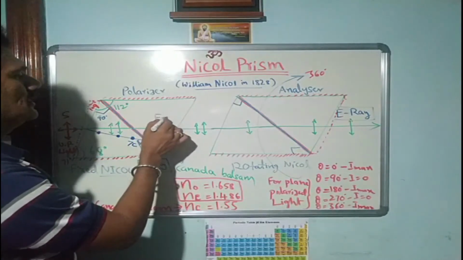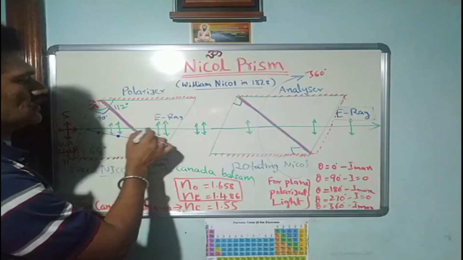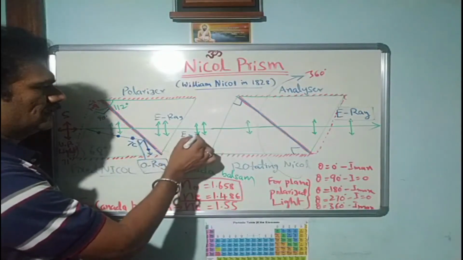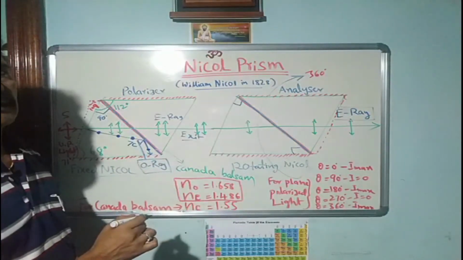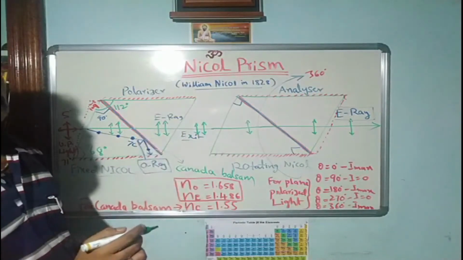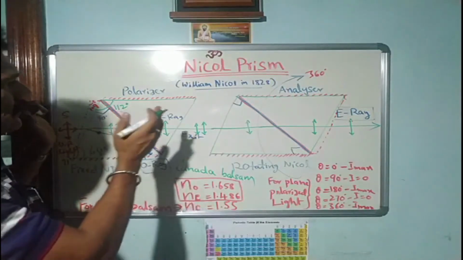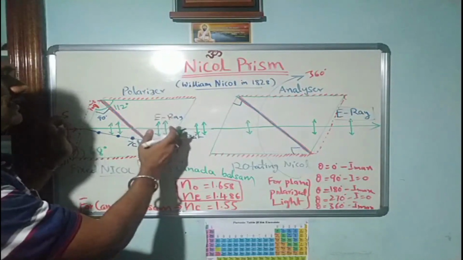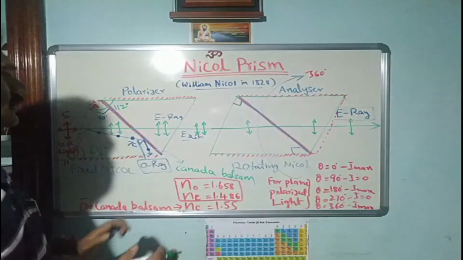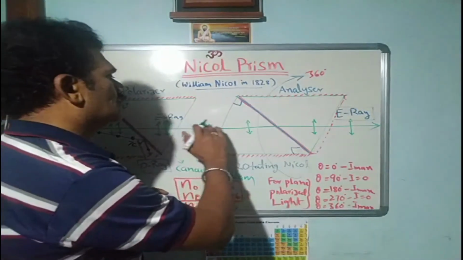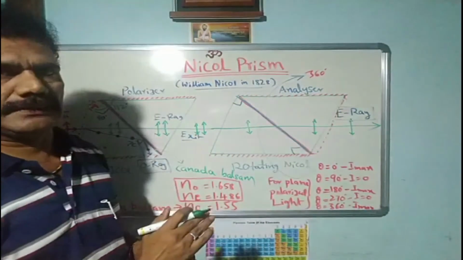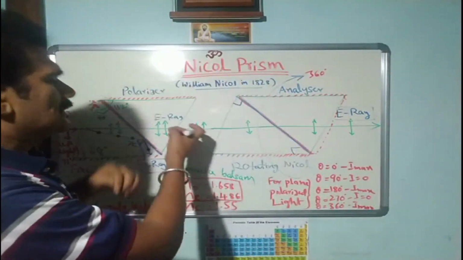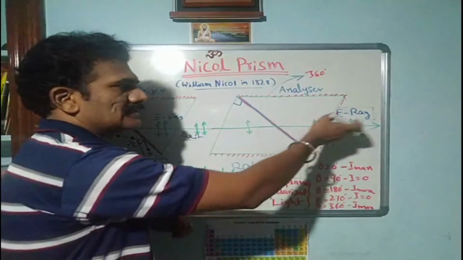This extraordinary ray is allowed to pass through the polarizer at the other end. So this is the exit end. Light is exited, emerging out of the polarizer. In this way, the first part of the use of the Nicol prism is to get plane polarized light from one device. Next, it is allowed to continue to fall on the other Nicol prism, so that it is adjusted to receive the light in the same axis.